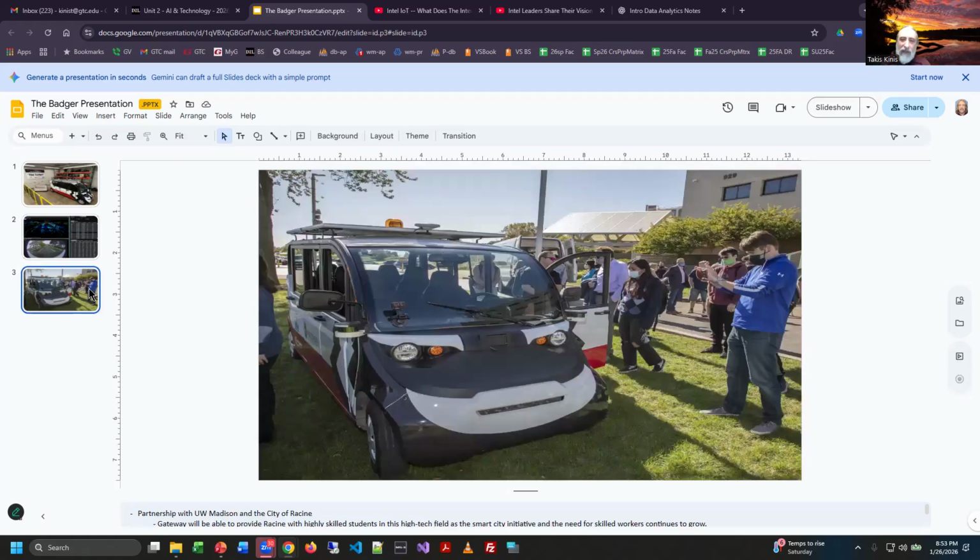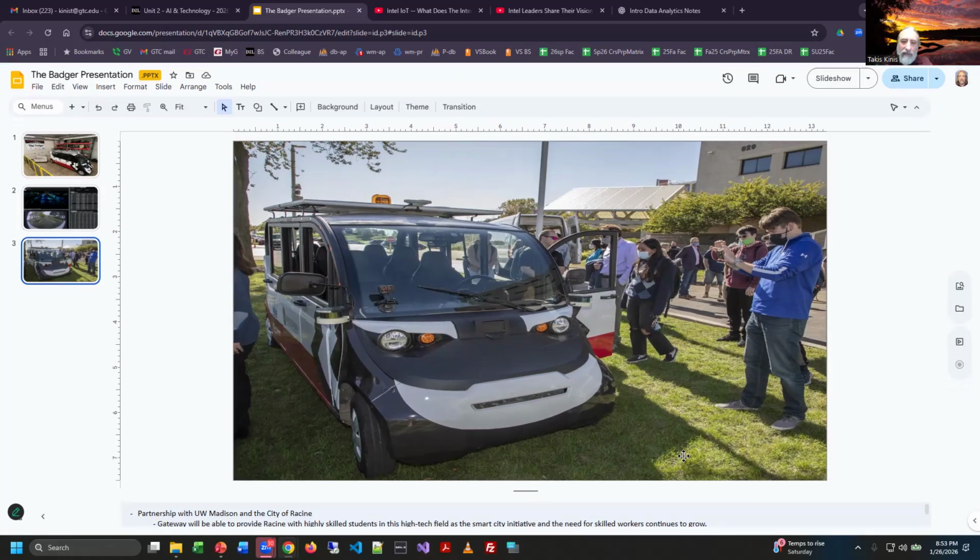Here's a picture of it when they did the big press release and had a news conference at the Racine campus, but this is an actual vehicle. If you look really closely, and I know this is not an ideal format to look at it, there are cameras here and LiDAR sensors in multiple spots. I never took a trip in it personally, but everybody in our admin did, and it was quite a thing. You can tell this is during the pandemic because everybody's wearing masks, and now it looks like some weird science fiction movie. But yeah, that was happening here in the city of Racine.